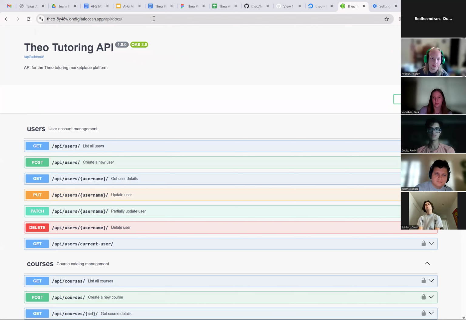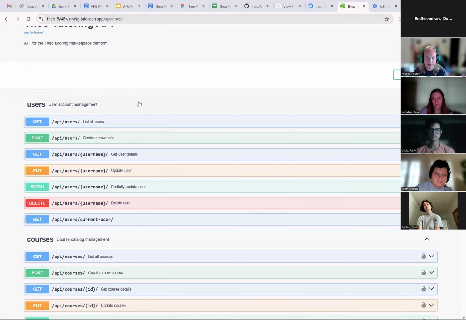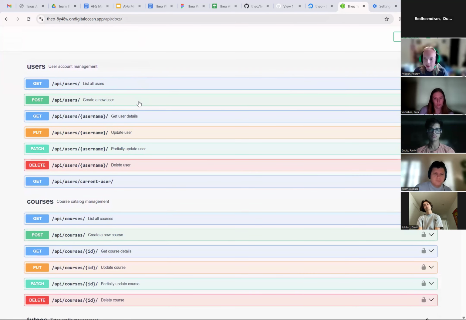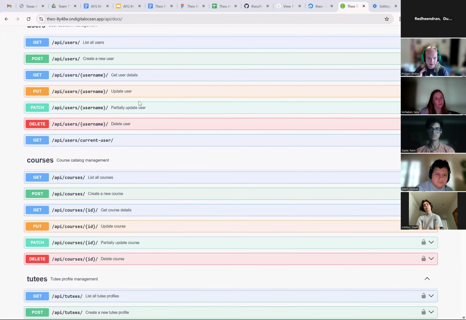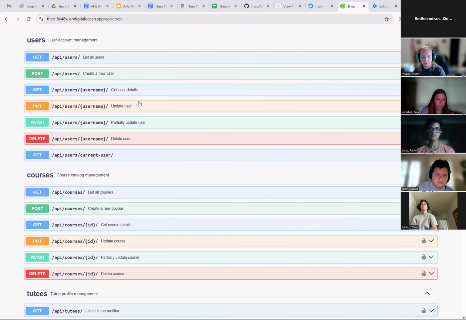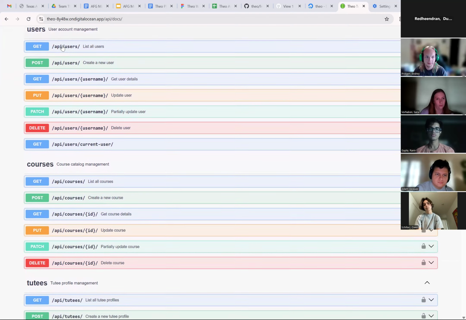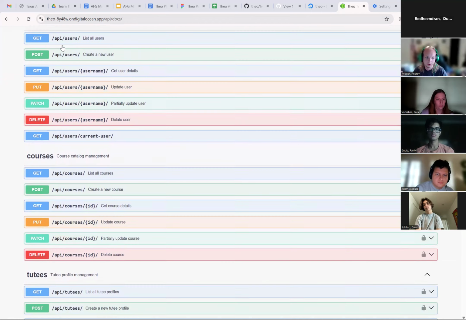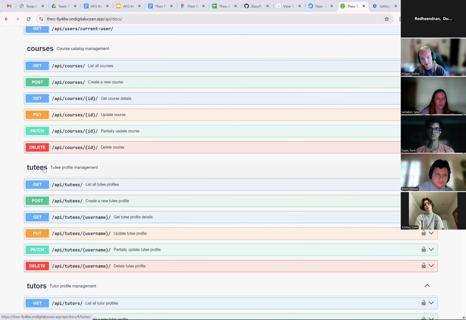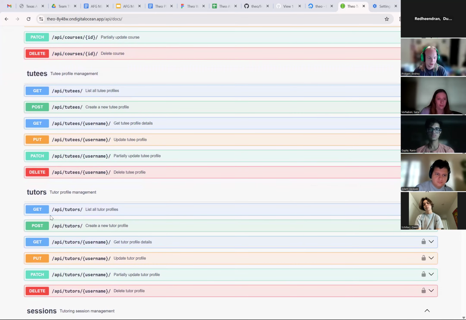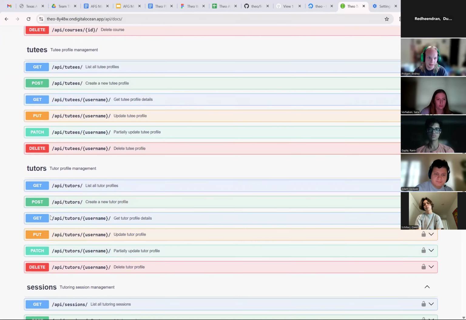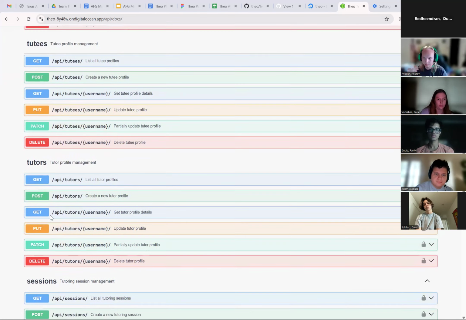For the backend, we have Django serving an API, which is letting us access our Postgres database. Just a basic model of how this works: there's a very generic user model, which is tied to a user when they log in. By default, they are made to be a tutee, which inherits this and has all those features. On top of that, we have a tutor, which has all the same features as a tutee and some new ones. So there's some inheritance at play here.